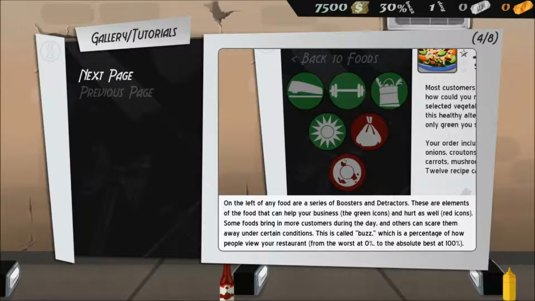On the left of any food are a series of boosters and detractors. These are elements of the food that can help your business. The green icons help, and hurt as well, the red icons. Some foods bring in more customers during the day and others can scare them away under certain conditions. This is called buzz,